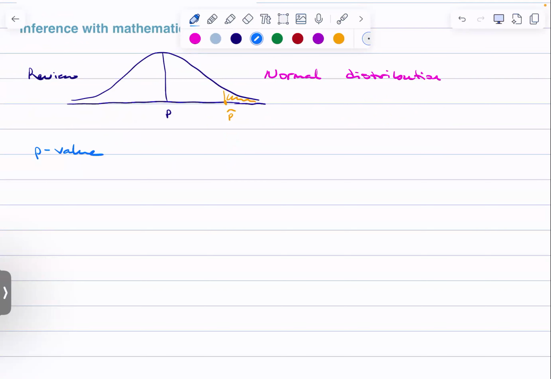And so we introduced the p-value, and the p-value is going to come back into play in a big way today. So let's remember what the definition of the p-value is. It's going to be the same as it was last week, except we're going to start calling it the probability instead of the proportion of samples that were more extreme than what we saw. So the p-value is the probability